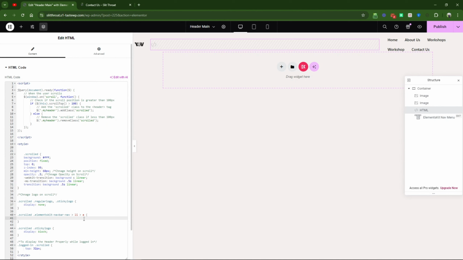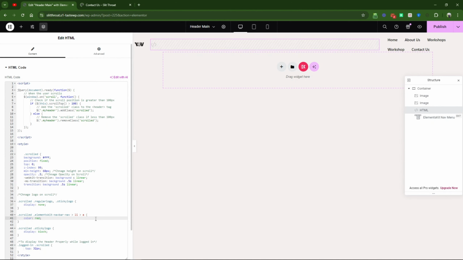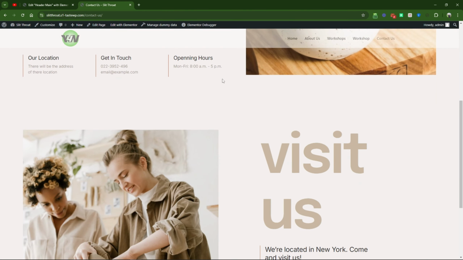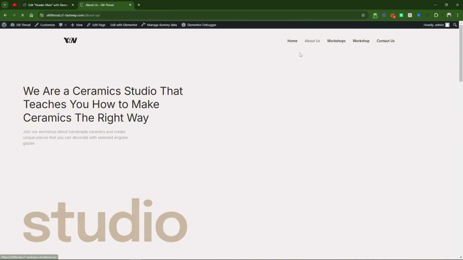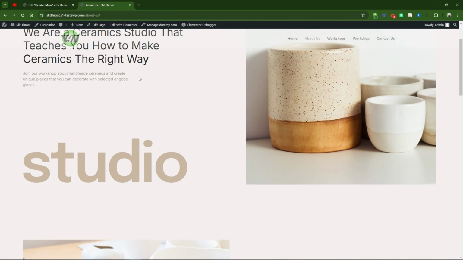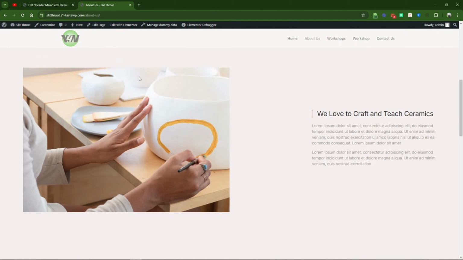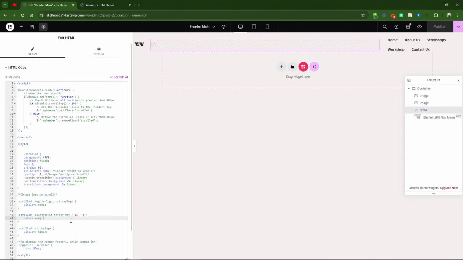Okay, so now if I add any color, it will change this text color whenever in the sticky state. So let's check. Now if I scroll, so let's go to the about us page now, for example, to see if the link color is getting changed whenever I scroll it. Okay, so it is still not changing. If I review my code,